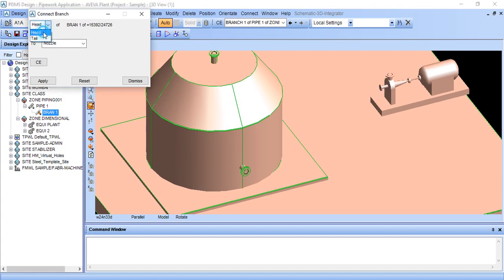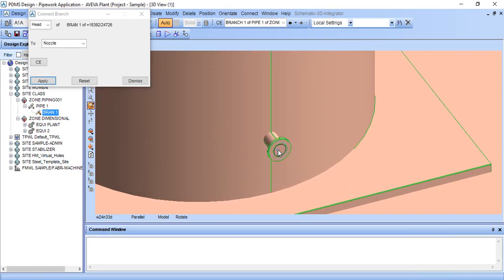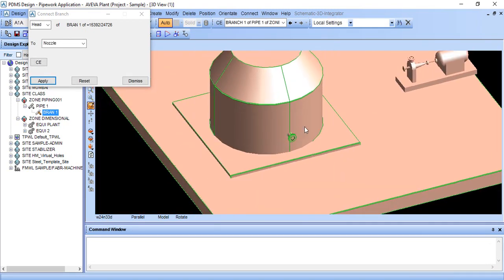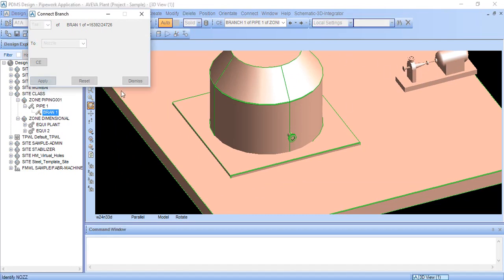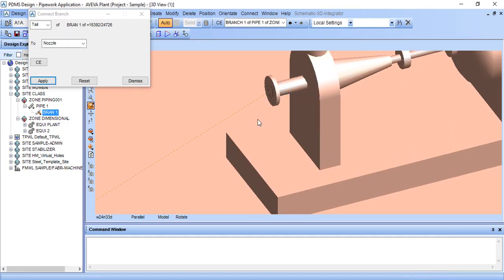The head is a nozzle, so we will click on the nozzle, click apply and click on this. So it is our head. Go to tail, which is also a nozzle, click apply and zoom in, click on this.